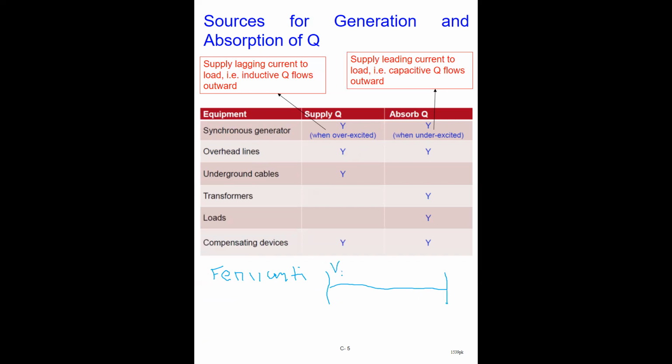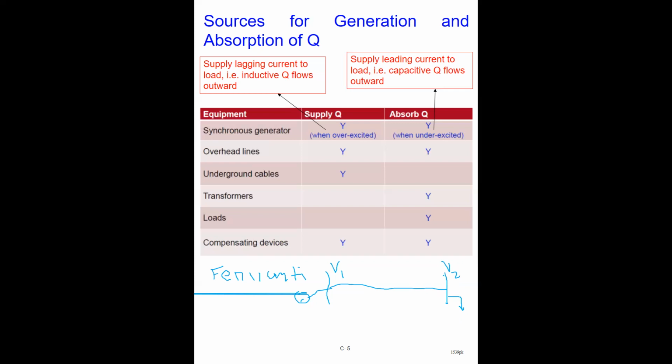Here you have V1 and here you have V2. This is your load here and here is your source. If this bus is lightly loaded, say 5% or 10% load connected,